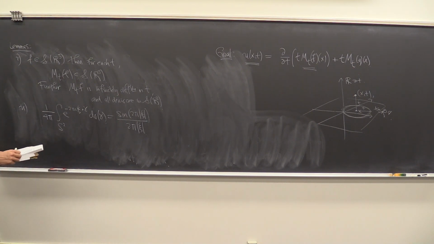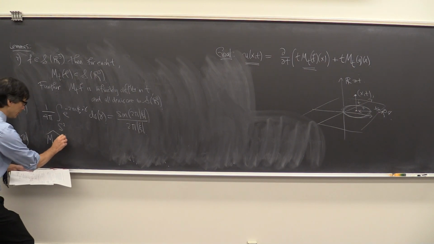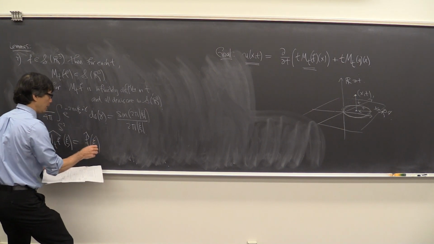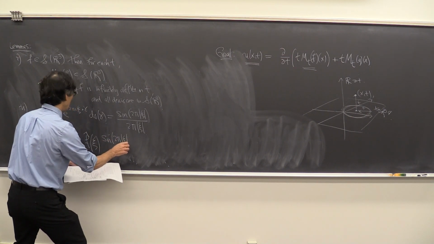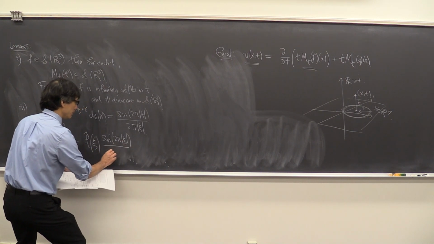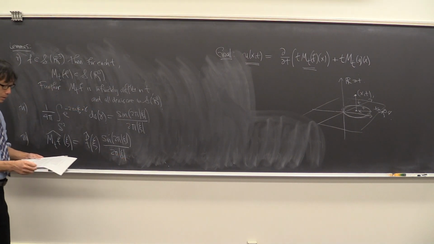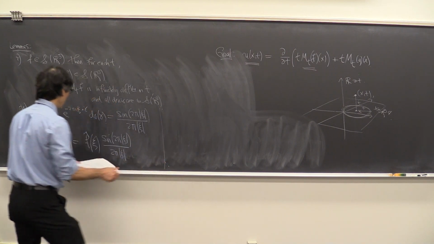And then the third thing we're going to need is that the Fourier transform of the spherical mean actually turns into the product of f hat against sine of 2 pi absolute value of c over 2 pi absolute value of c. Okay, so regarding these last two,